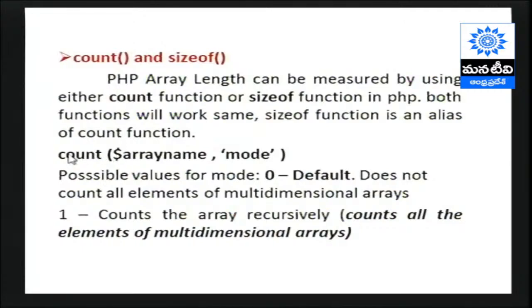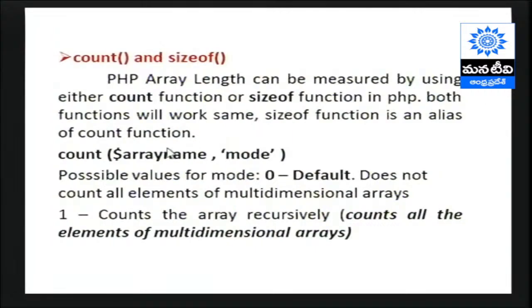The syntax of the count function is like this: count followed by the array name and the mode. Here the mode is the most important one, which gives the number of elements based on the type of array. When we give the default, or if we don't give any value for this, the default value will be 0. So, this simply gives the number of elements that are present in the array, even though it